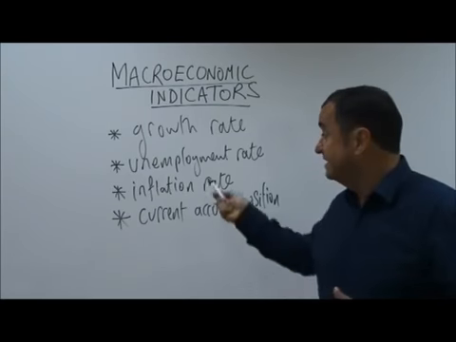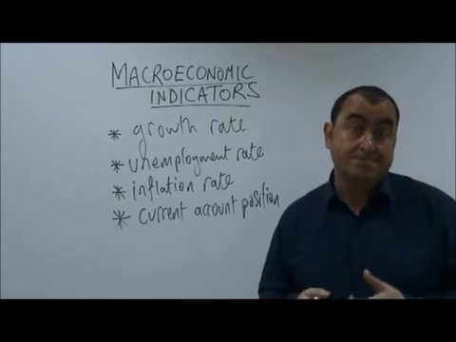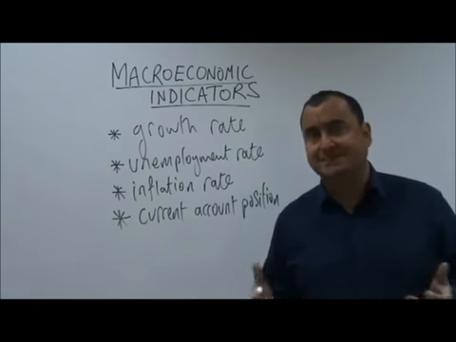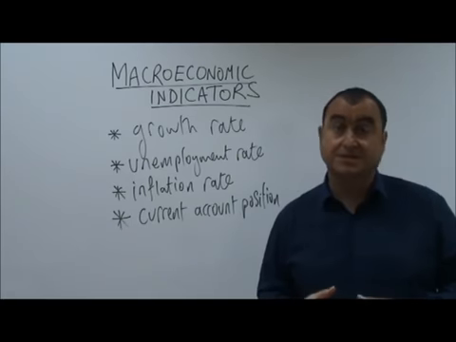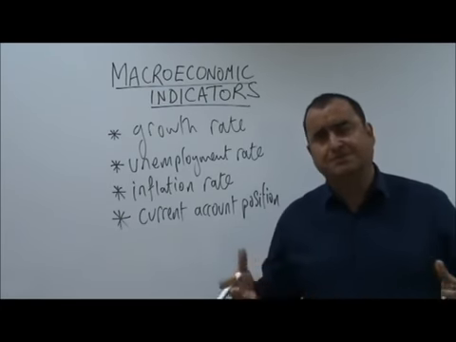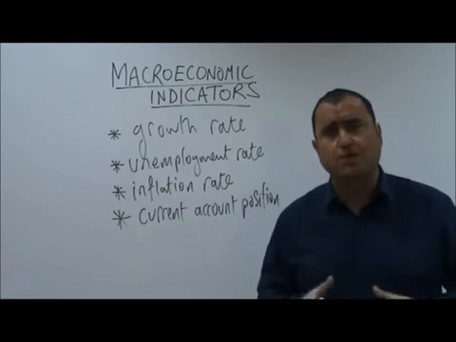Because it's all very well having growth, but it's not good to have rising GDP if it's causing such damage to the environment that it's going to be unsustainable anyway. And so there's several other pieces of data they would look at, but these are the four main